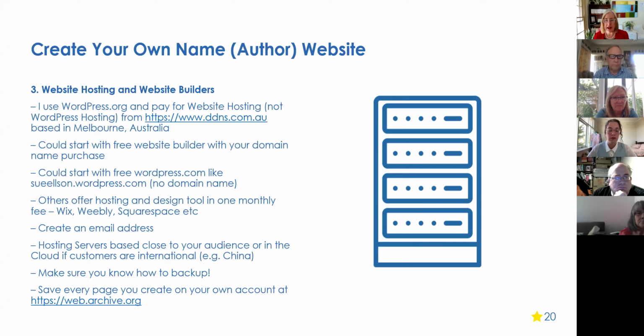Now, the other option is you can go to WordPress.com. For those of you who don't want to spend any money, and let's say you're doing a family history, you can go to WordPress.com and create a free website that is never deleted, and you can call it your name, if it's available, .wordpress.com or xyzfamilyhistory.wordpress.com, and you can publish as much as you want there in text and images, and you never have to pay for it, and it never gets deleted. So if you're really trying to leave a legacy, that's great.